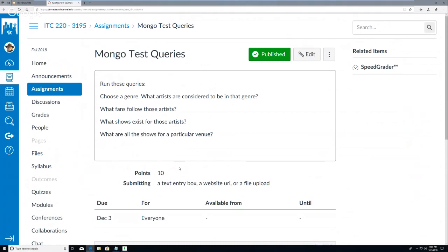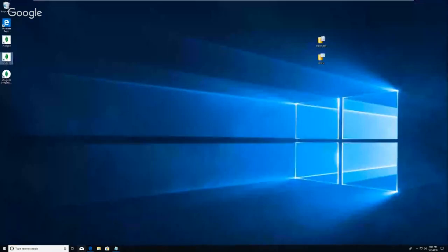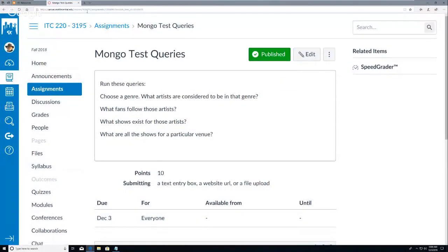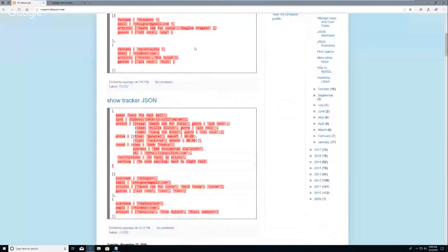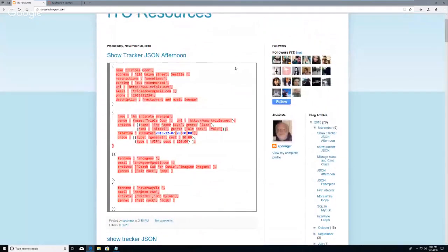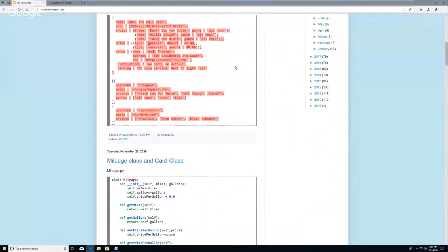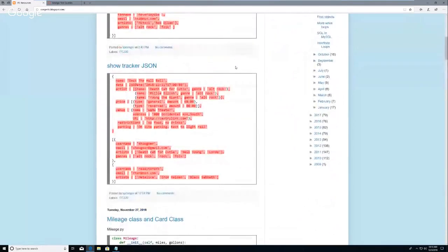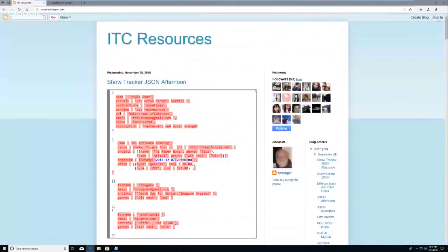Now, as I said, I added a couple of records to the database. So if we go just to the blog, it's right over here. I just added this one, which we had done in the morning. Actually, did I add it to the afternoon one? I may have added it to the afternoon one. Oh, right. Well, I'll show you the queries anyway, because I think if I refresh this,